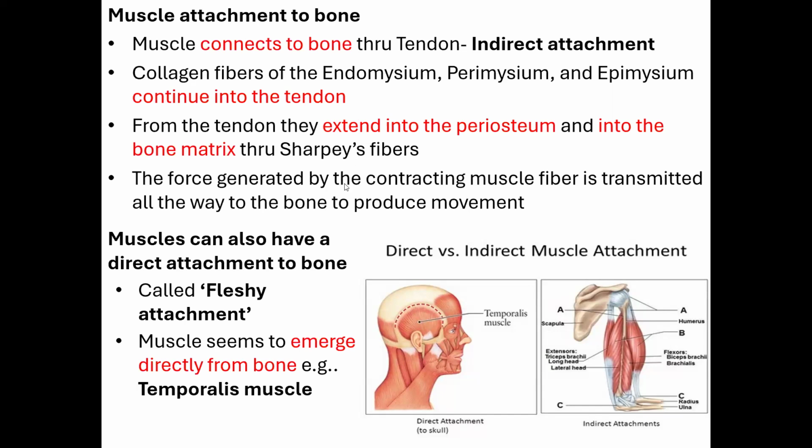So the force generated by the muscle fiber is transmitted all the way to the bone. The outside of the bone is covered by what? Periosteum. And from the periosteum, there are fibers going into the bone. What do you call that? Sharpey's fibers, or perforating fibers. And these fibers go into the